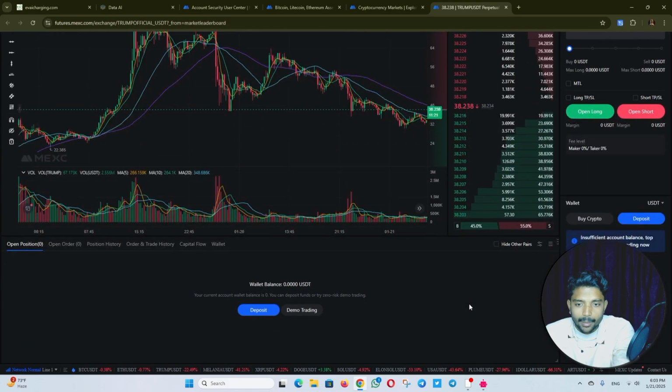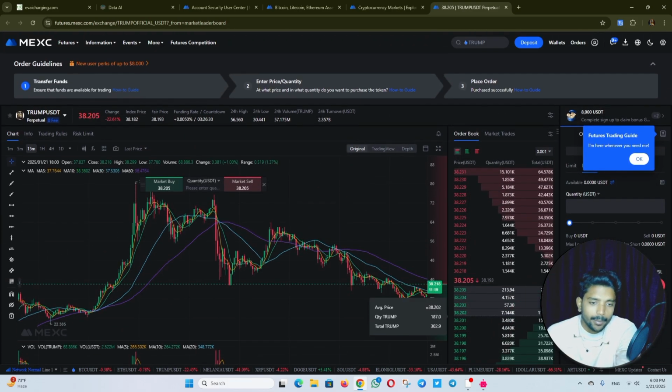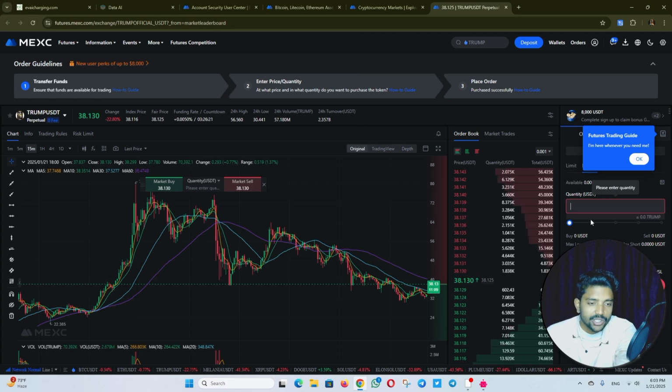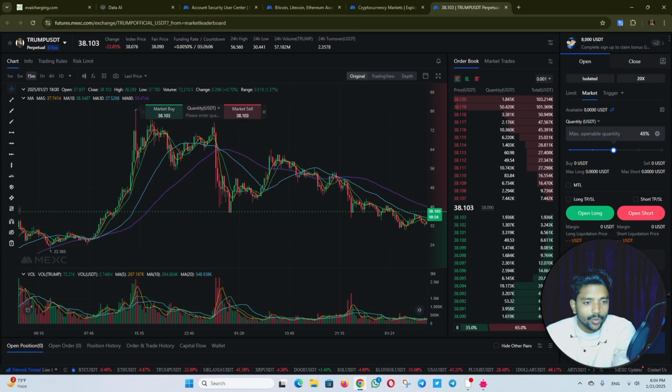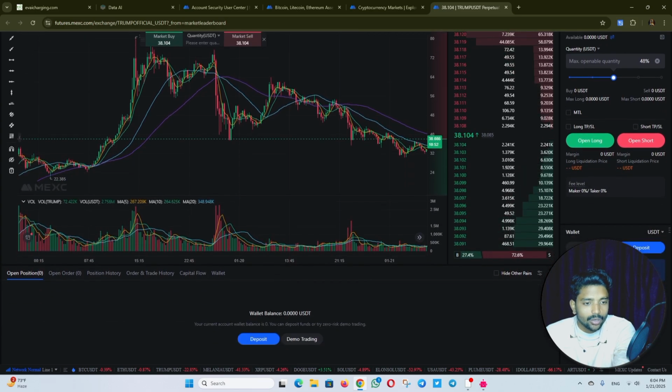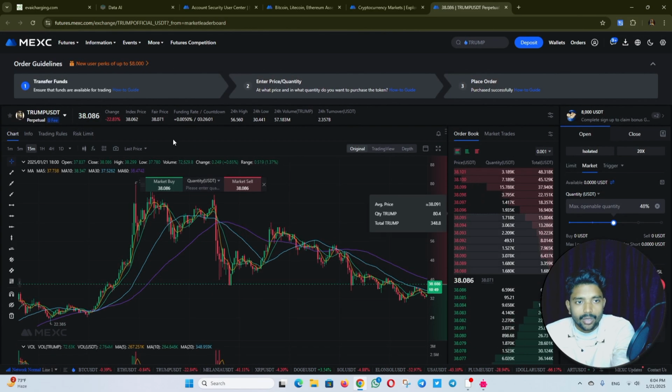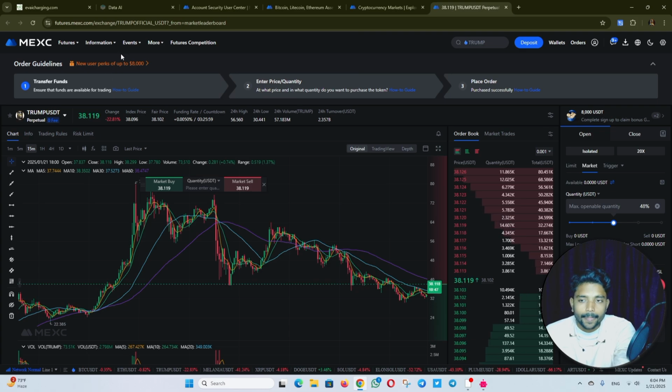Let's suppose the market is continuously showing an uptrend, because on 20th of January USA President Donald Trump takes oath. So I will show you, open the long position. You enter the USDT amount, just like I entered 3,243 USDT, and click the max leverage and 48% of quantity, and isolated or cross you can select. I have already explained this in my trading video. Then you can click open and click long or short position. So that's how to trade on this MEXC platform.